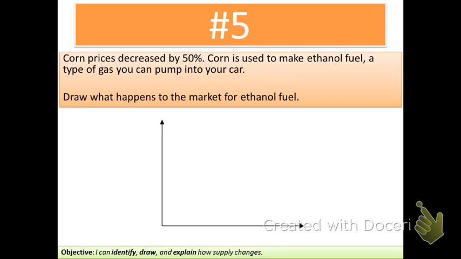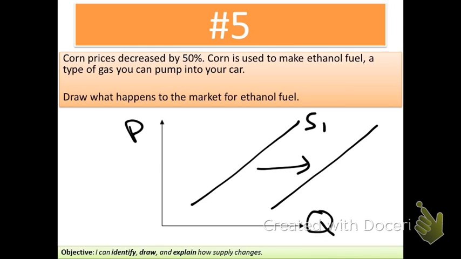Number 5, corn prices decreased by 50%. Corn is used to make ethanol fuel, a type of gas you pump in your car. Draw what happens to the market for ethanol fuel. So we draw our graph. And if corn prices go down, that means I can make more. So I'm going to have a supply shift to the right, label that S2, and the reason is because of